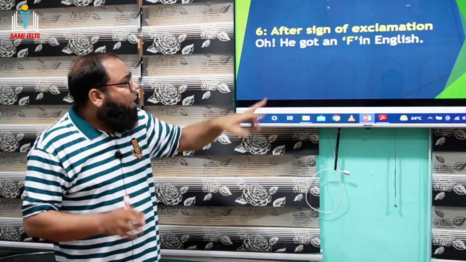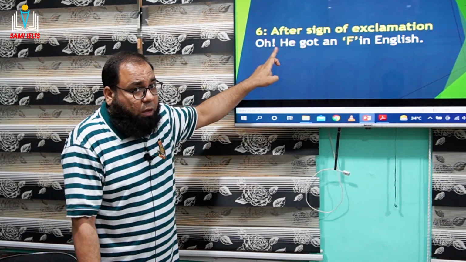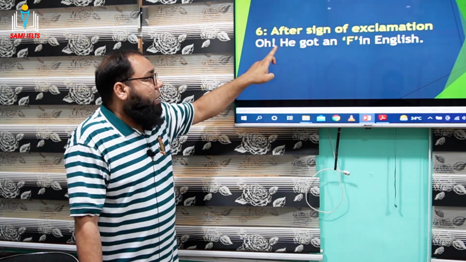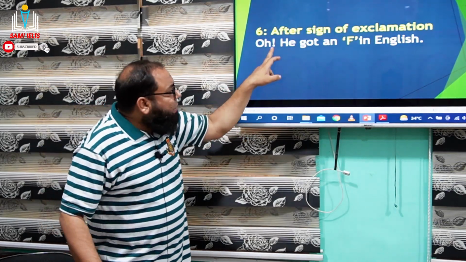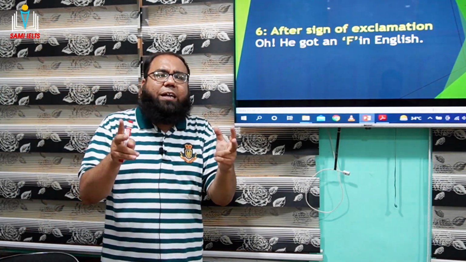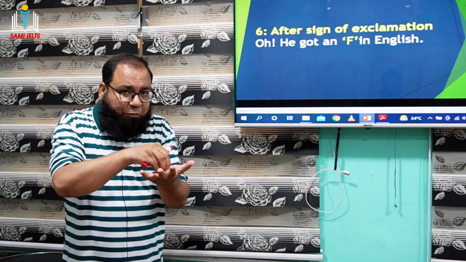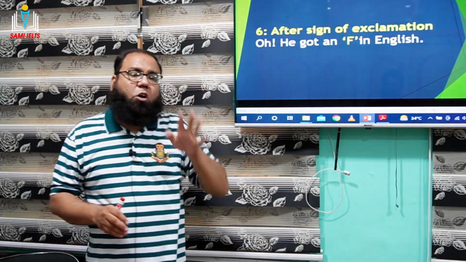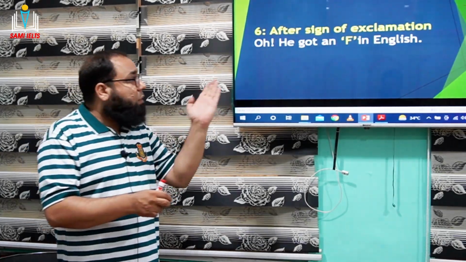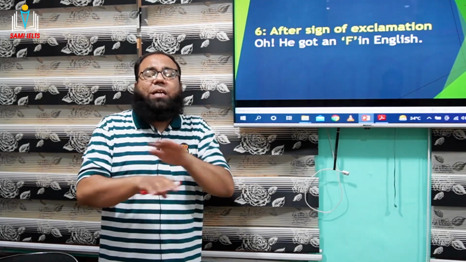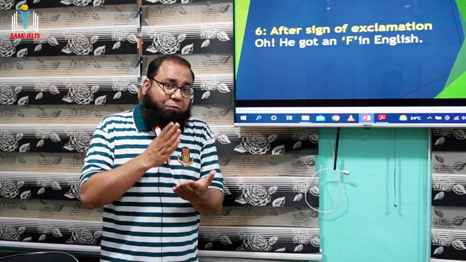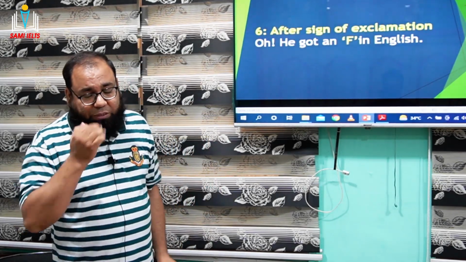Now, guys, remember, there is no full stop before this. This is not the starting of writing. This is not, for example, I or any other. You know, this sign of exclamation and full stop, these two signs have the same function. Whenever you put a full stop, after the full stop, the immediate letter is always capital. And whenever you put a sign of exclamation, after the sign of exclamation, the immediate letter is always capital again. So there is no exceptional case in this, okay? Remember, students, whenever you put a sign of exclamation, after that the next letter is always capital.